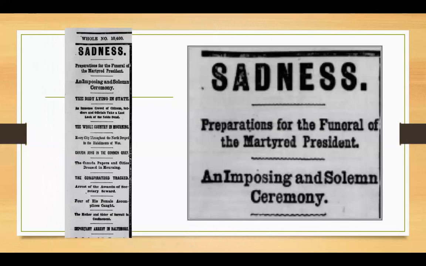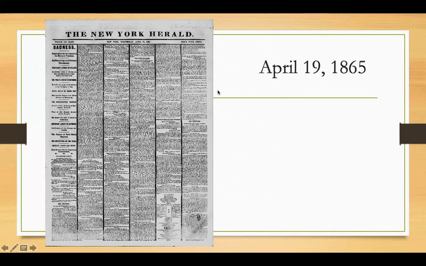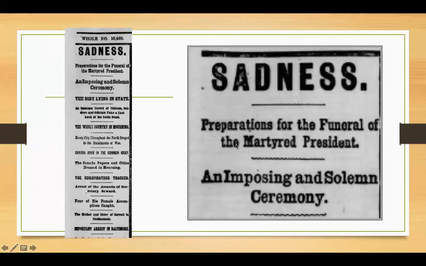So if we look at the very left column here, it has larger and bolder text than the rest of the columns. So this column has much different text than the rest of these. It says sadness at the top in large bold letters, and the rest of the column lists topics of stories that will be covered in the issue, as you can see right here, having to do with the president's death